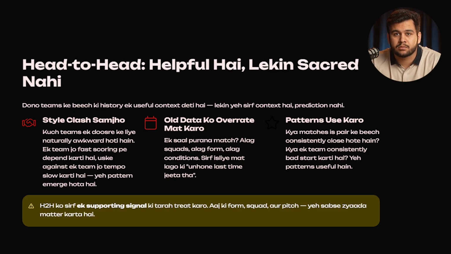But you can't make a prediction only by head-to-head, because old matches mean old lineups, different form, different conditions. If teams played one year ago, it doesn't mean today they will be the same. Head-to-head shows if this pair has some usual logic. For example, matches are often close. One team often starts badly. One team usually struggles against this opponent's style.